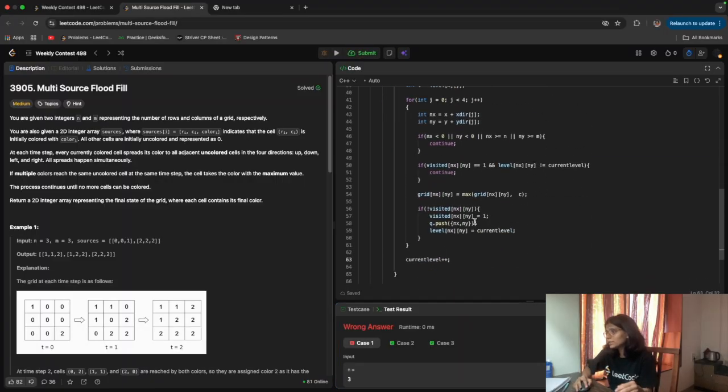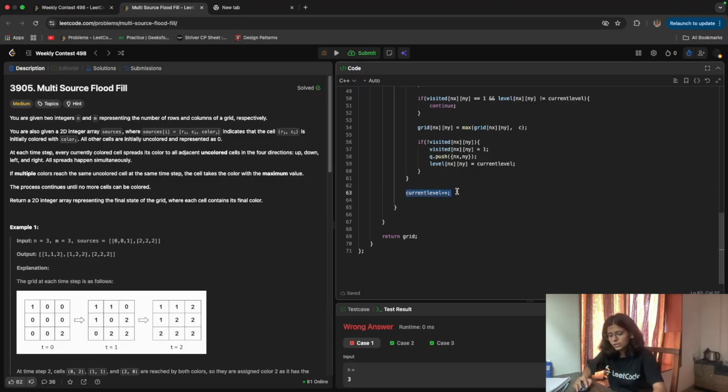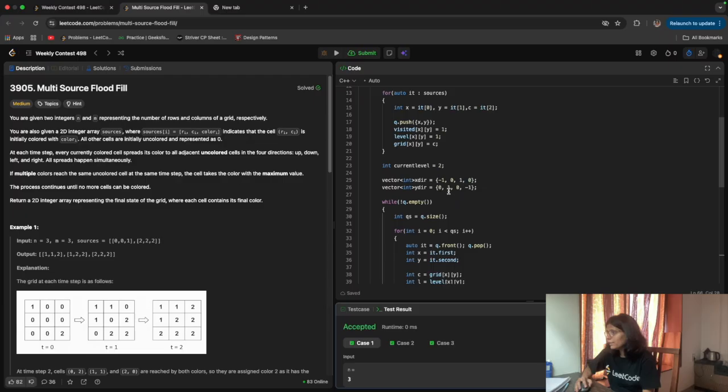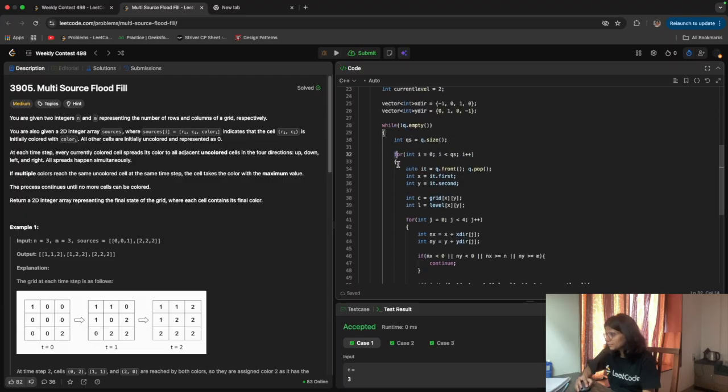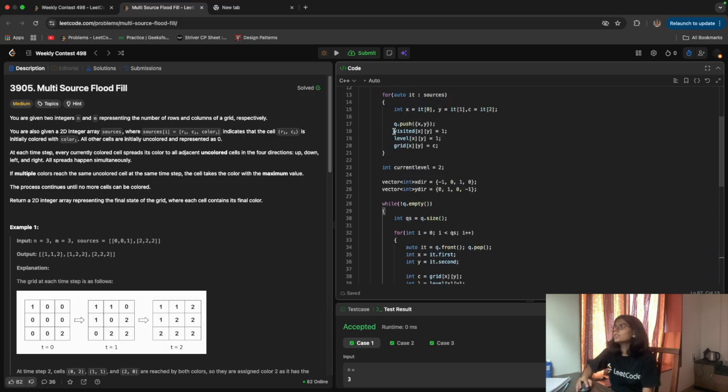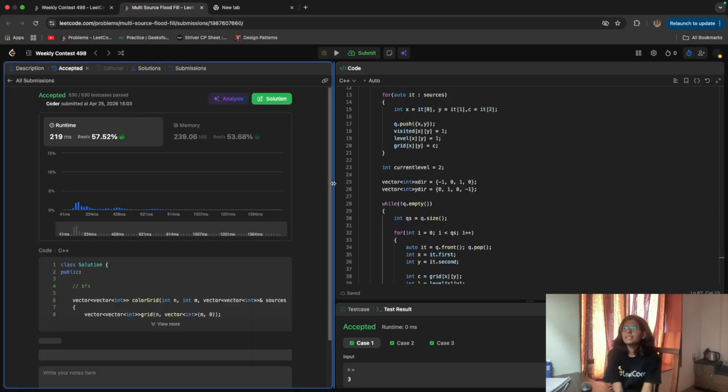Okay, sorry, I need to do it after that level. When I visit all the cells from that level, then I am incrementing that level, and then I'm doing this. Submit it. So yeah, it is accepted.